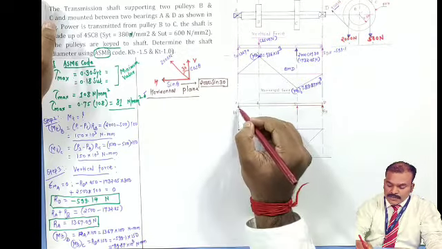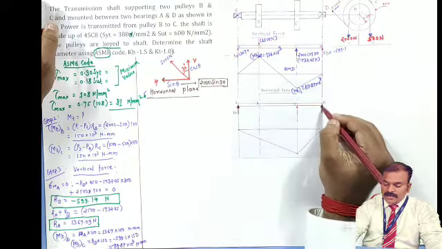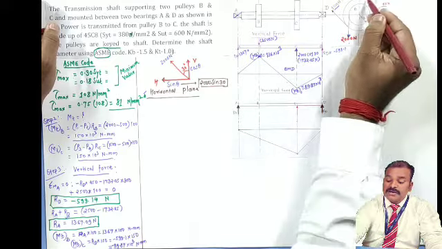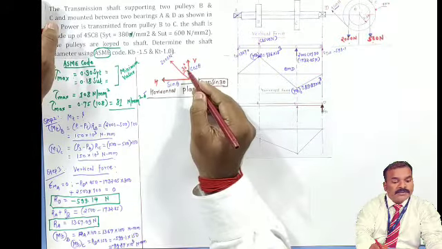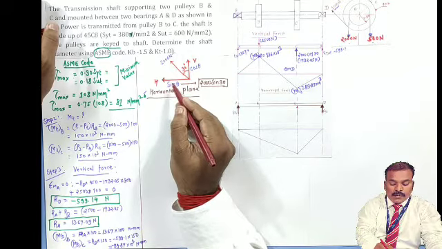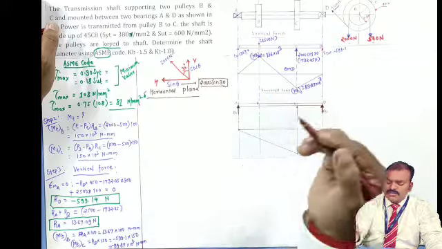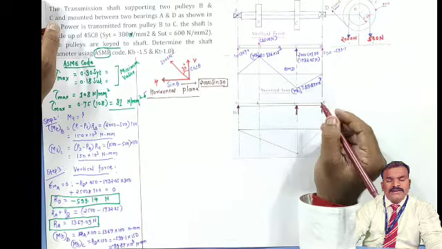See here, bearing at A and bearing at D, RA and RD are situated. B and C are pulleys. Now reaction forces always act opposite. The horizontal force is only one, which is situated with respect to the bigger pulley. What does the bigger pulley indicate? It is inclined. So the horizontal force is situated over here, and I will have to consider the downward side or upward side, no matter. I have taken it towards the top, that is the upward side.